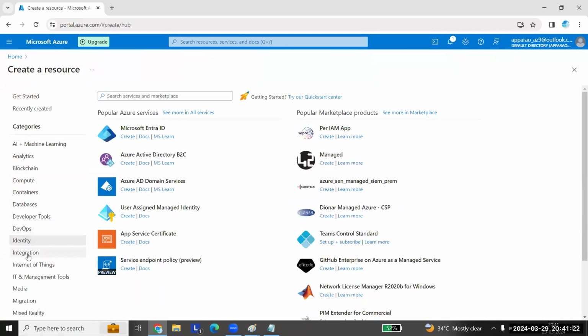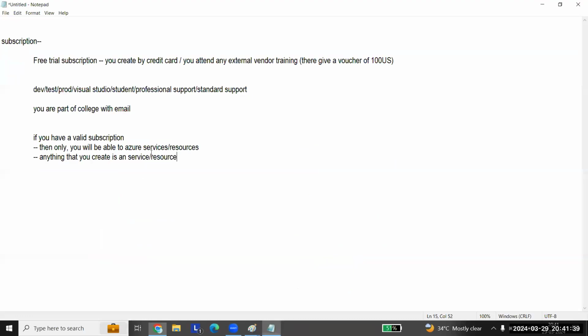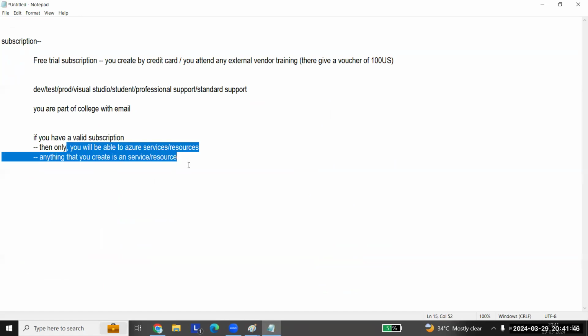You have all these services, right? Whatever you create, and for creating them you might require other services, all those are called resources, whatever you create in the cloud. As I told you, if you don't have a valid subscription, you cannot create these services. If you have a valid one, only then can you go and create these services. Otherwise, no.